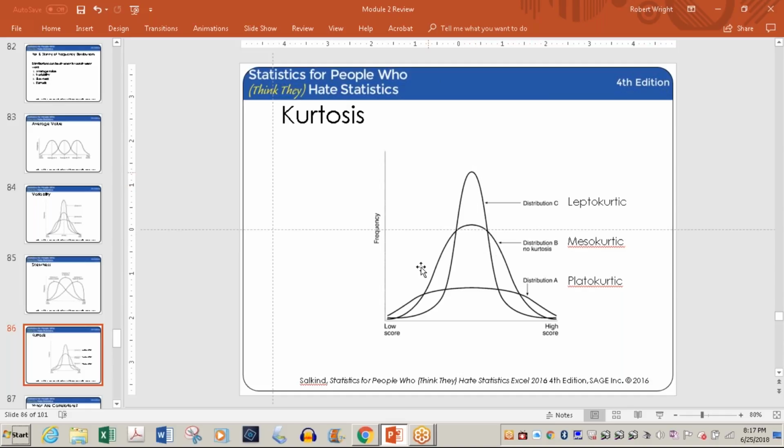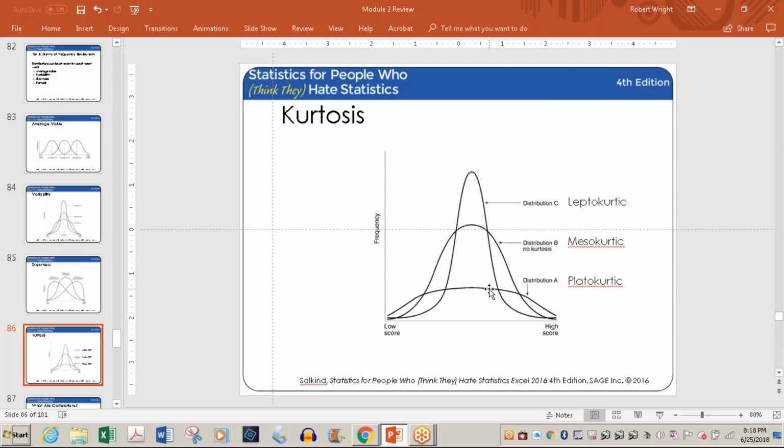Then when you have your regular bell curve here, they call it mesokurtic. Think of meso as median, and there's no real kurtosis there, but they call it mesokurtic anyway, just to give you a term. And finally, if you have a really broad dispersion of scores away from the mean, it's kind of flat, plateaukurtic, think of plateaus. So anyway, you have leptokurtic, mesokurtic, and plateaukurtic. And again, this is more for this course.